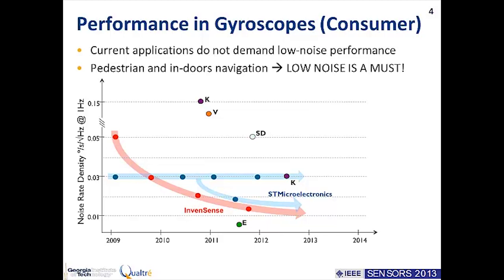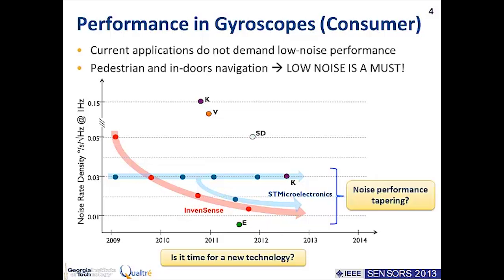Another important thing to note is that the trend of this noise reduction is starting to taper. So obviously that makes us wonder if perhaps this particular type of sensors are reaching their fundamental limit, and it might be time to look into a new kind of technology. Part of today's talk will be around this topic: what other different types of devices are out there that can either perform better than the conventional structures, or at least reach